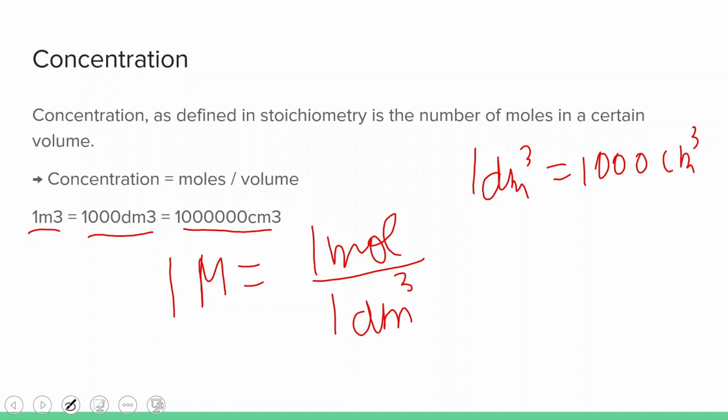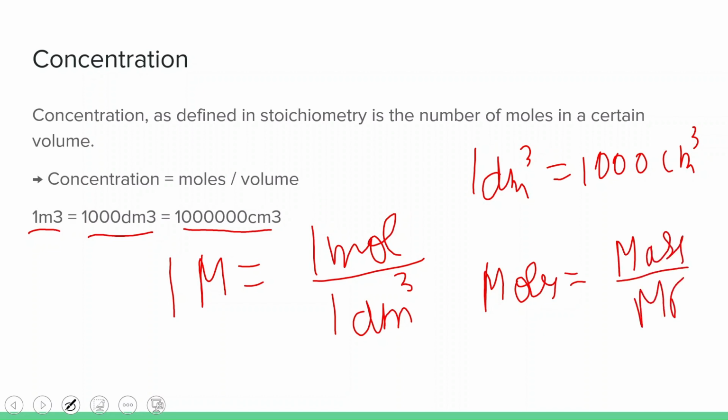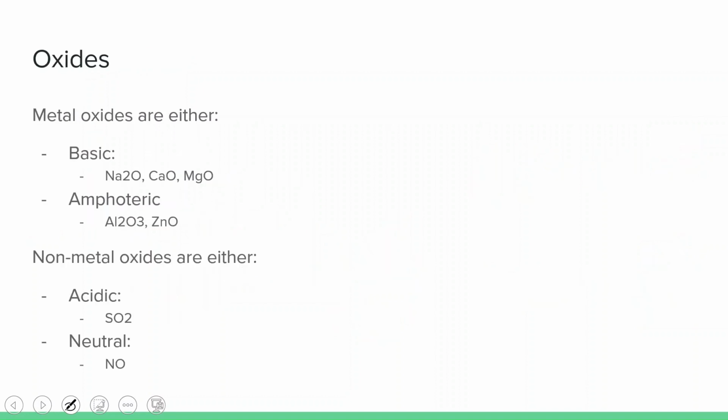Concentration can be written in grams per decimeter cubed as well, using the formula that moles is equal to mass over Mr. So if you know the number of moles, you can write the mass over here instead and convert it further. Then oxides. Metal oxides can either be basic in nature or amphoteric,